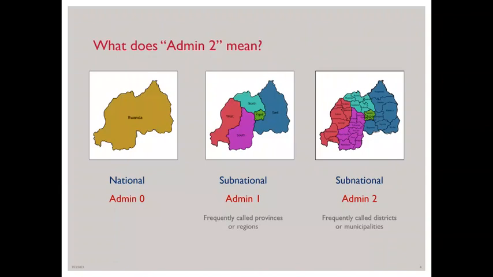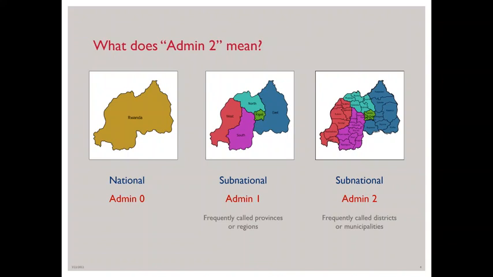So the title of this presentation refers to estimating DHS indicators at the second subnational administrative level. So I want to briefly describe the terminology we'll be using. To start with, country borders themselves are referred to as Administrative Level 0, or Admin 0. The largest administrative divisions within a country are referred to as the first administrative level, or Admin 1.